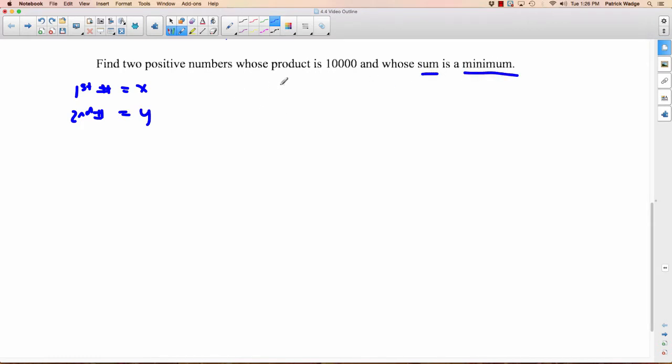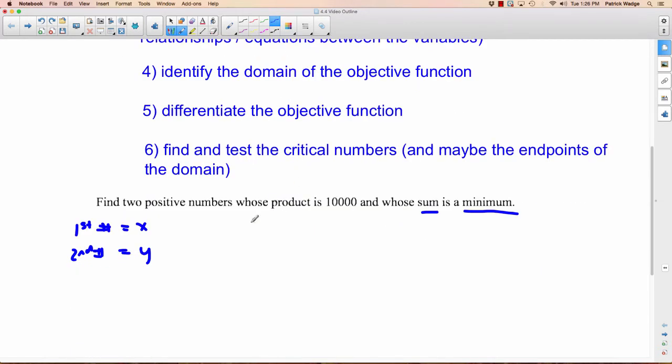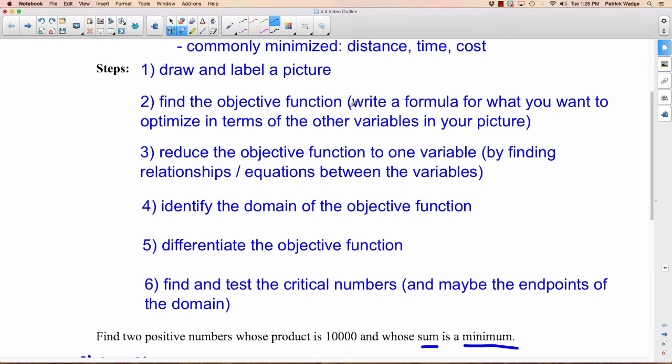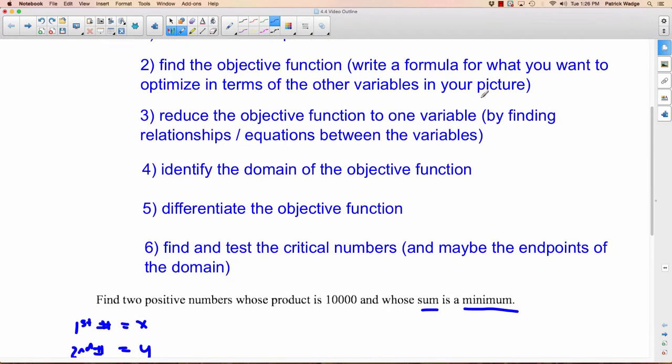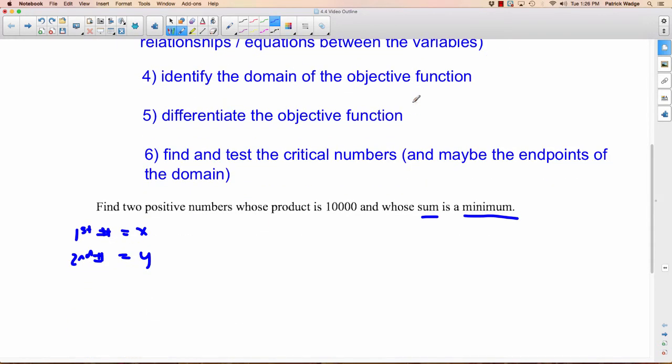So we want to come up with, I guess the first step is draw and label a picture, but there's not much picture we can draw. There's no picture we can draw when we're just talking about numbers. So we're going to go to number 2. Find the objective function. Write a formula for what you want to optimize, well that's the sum, in terms of the other variables. So we want to write a formula, S equals, and we want to write it in terms